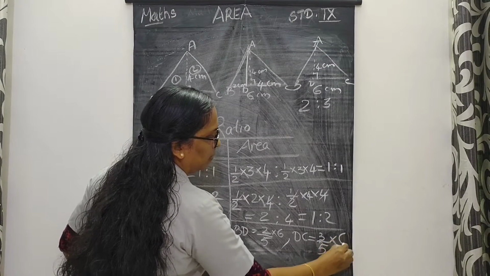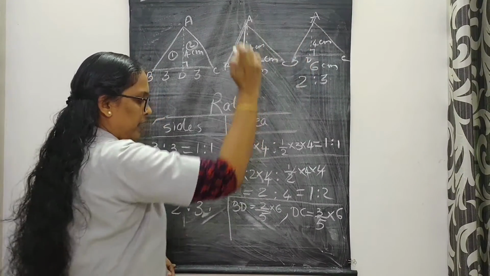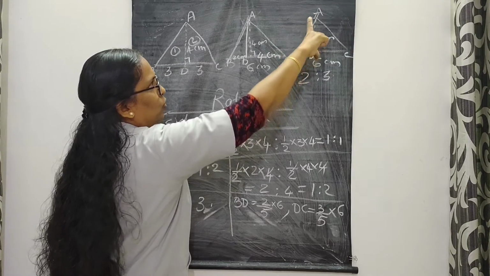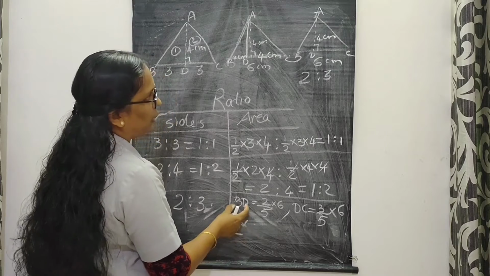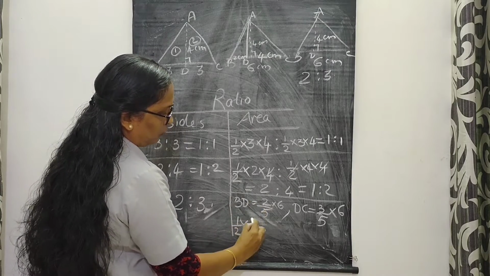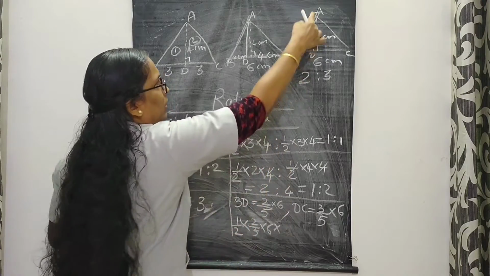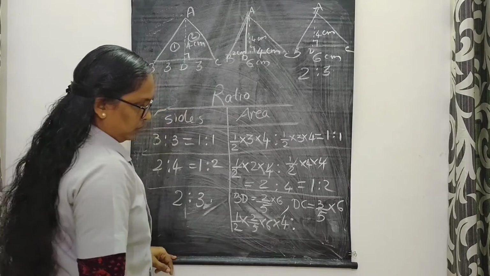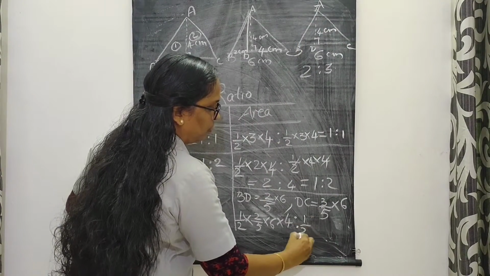3/5 of 6 centimeter. Then we can take the area of the first triangle. Area of the first triangle is half into base into height. Half into base. Base is BD. BD equals 2/5 into 6, into height. Height is 4 centimeter. Then area of the second triangle equals half into